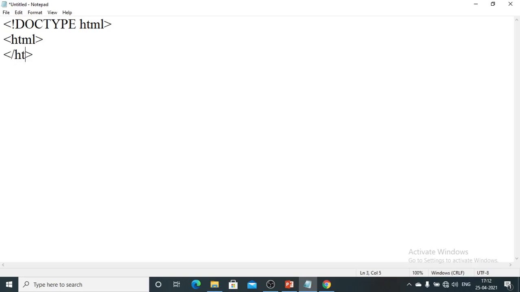As practice, I am going to open up the tag as well as close it. I will always keep one tab space for each new tag within the scope. Since the HTML tag starts from here and is going to end here, I take it as one scope. Here we definitely don't need any indentation, and you can write everything in a straight line, but to debug it will be a problem. That's the reason I give some space there, so that you can understand it very clearly.